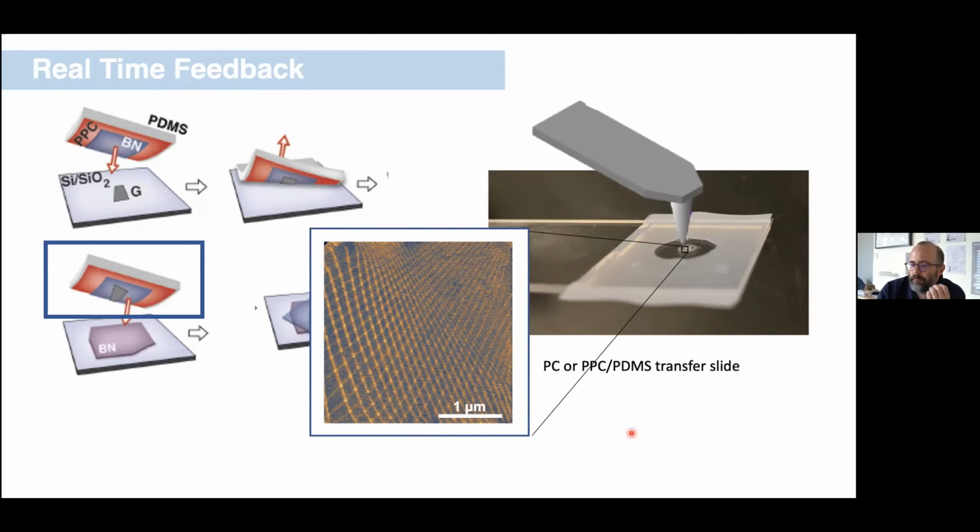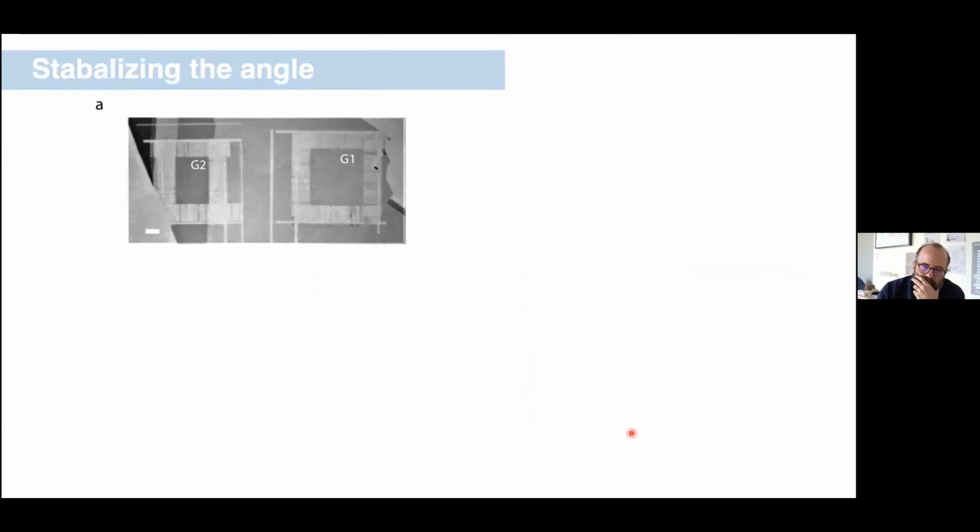So that's a good start. We can reject devices we don't want, or proceed to devices we do want, or at least have an a priori understanding of what our device is doing as we make it. The other thing that I want to try to do is figure out how to stabilize this angle. So I want to fabricate to an angle, and I want to stay at that angle. So one of the things I've said is that friction is low between these materials.